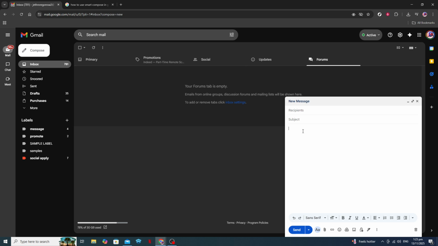As you start typing sentences, you'll observe that Smart Compose automatically generates suggestions. If you like a suggestion, simply press the Tab key or right arrow key to accept it, seamlessly incorporating it into your message. Using Smart Compose in Gmail can dramatically enhance the way you write emails, improving both speed and